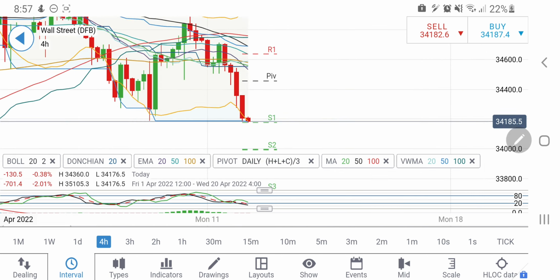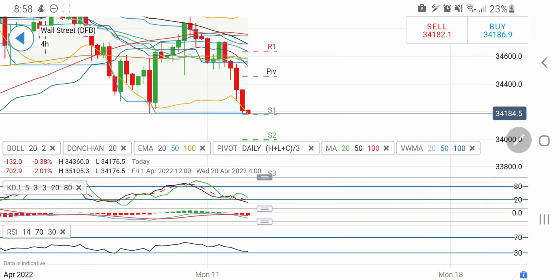Now look at the charts here. This was the drop, it is trading in a bearish zone here. The support on the downside is now at around 34100 level, which may provide a little support. Else on the upside, breaking the 34300 zone is something I'll be watchful of. If it breaks 34300, then you can go long for 34400, which is going to be a fairly strong support, and then 34550 and 600 zone, these levels are going to remain a fairly strong resistance zone for US 30 for any further rise. Also look at this, on the downside 34100 levels should be a very strong support zone.